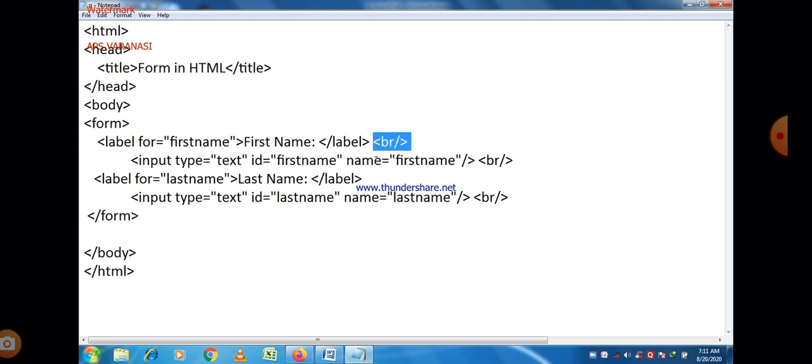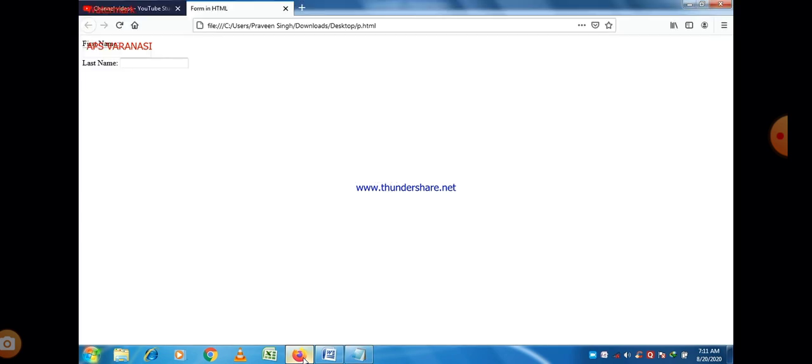As we know that BR is an empty tag, so just write the BR tag just after that. Now save the program and execute it. You can easily get the output.